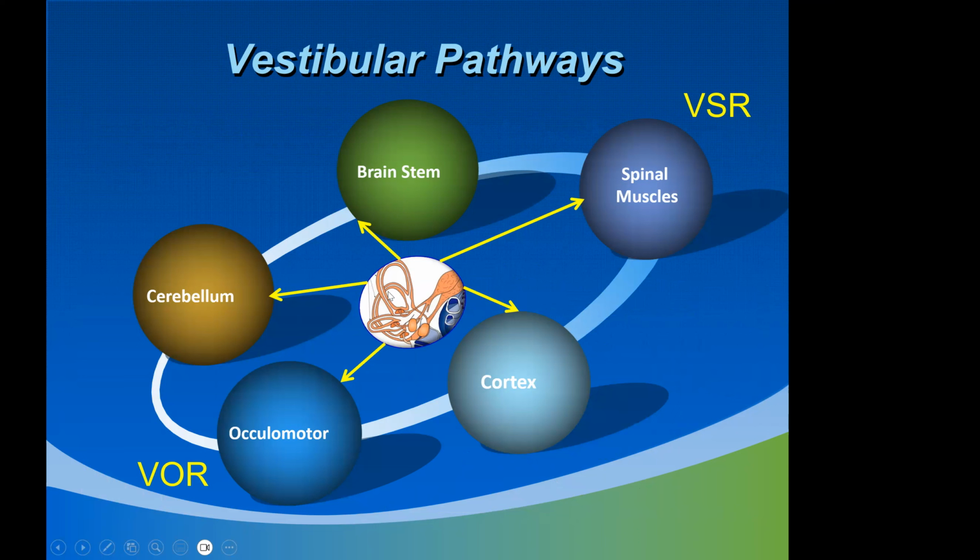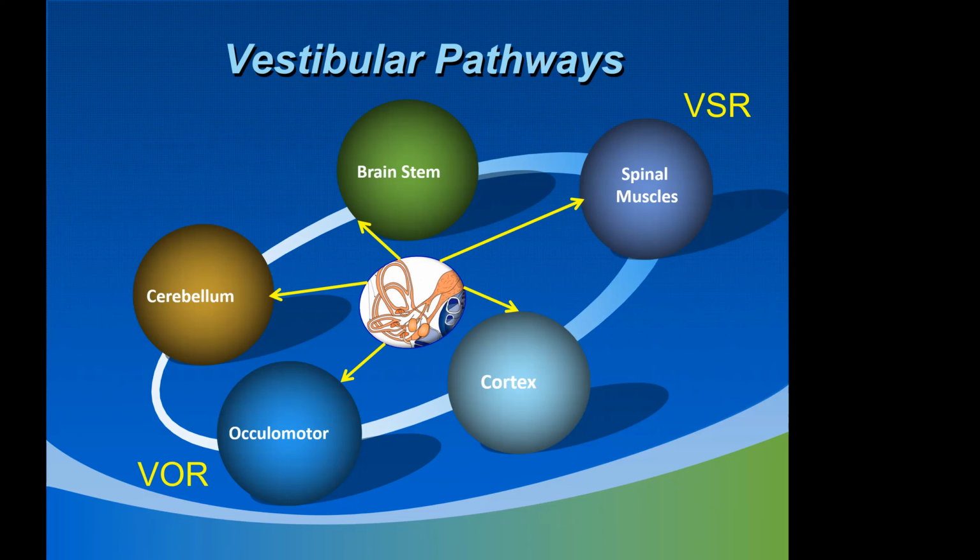Brainstem is one connection. Cerebellum is another connection. Oculomotor nerves and oculomotor muscles are another connection. Cortex is another connection. Spinal muscles. Because cerebellum also contains balance, so it controls balance. Whatever the cerebellum has to know what is happening, what is the position of the semicircular